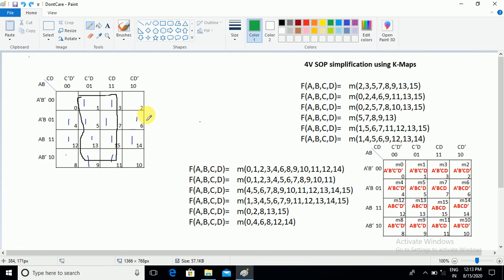Without overlap, how many cells get into the group? Only 4 cells without overlap. But our motto should be maximum cell grouping: maximum without overlap, then maximum with overlap. If with overlap also not possible, then go to the lower order grouping. Here, considering the overlap of 5, 7, 13, 15, we can create an 8 cell grouping. So that is about this problem.